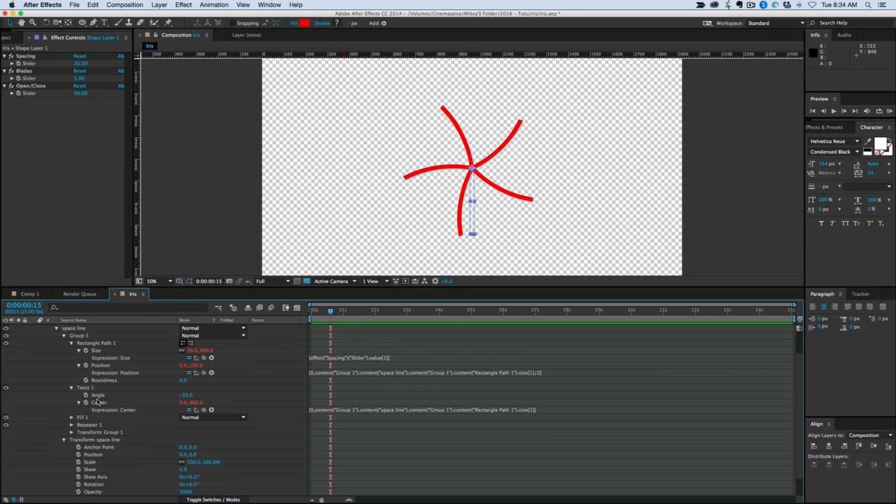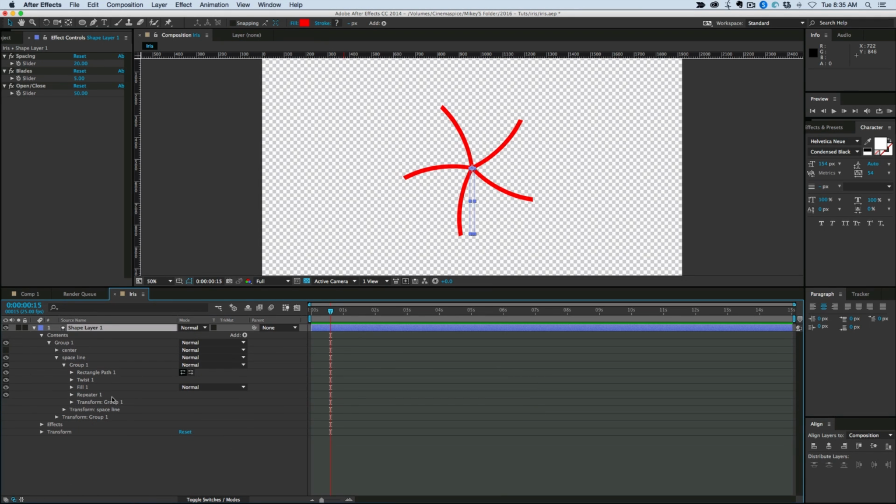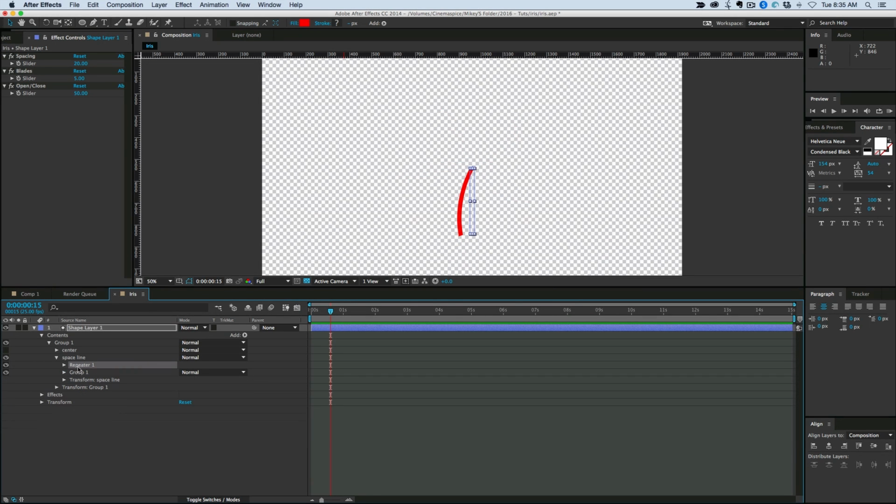And what we're going to be rotating is, here we go. I actually had put the repeater in the wrong spot, as I discovered. So this repeater doesn't go inside of this group 1. The repeater actually goes inside the space line group. So let's bring that up there, and as you can see, I'm going to have to reconnect that. So let's bring that repeater down below the group,